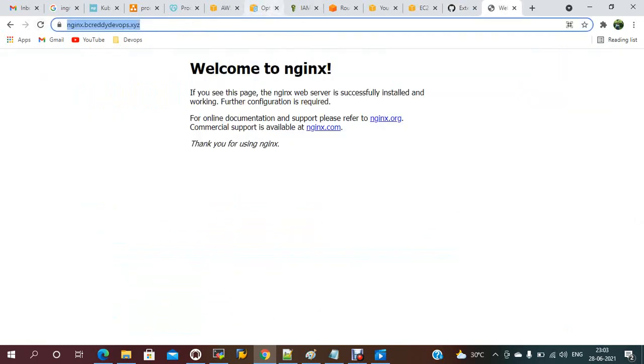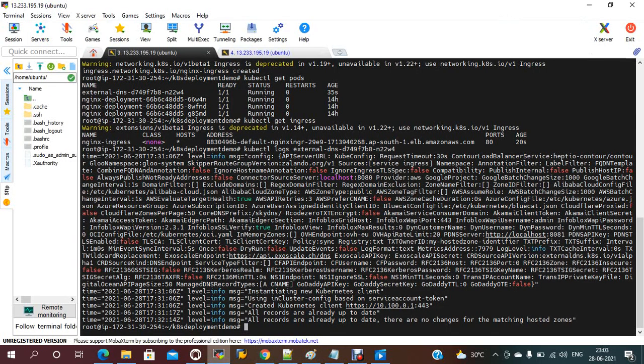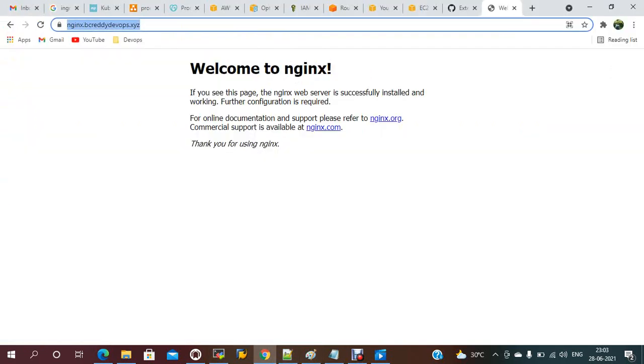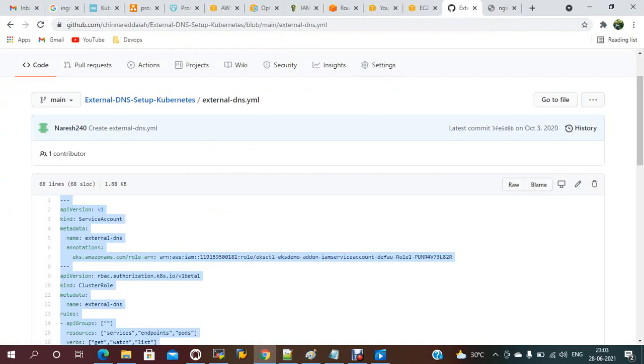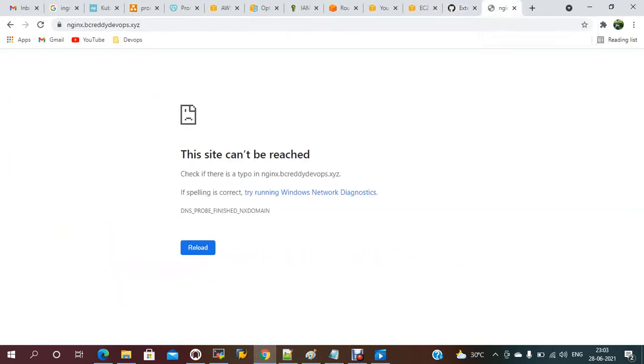Manually we created using the certificate manager, we added it, right? Now the same thing should be created. So this should be working fine, I guess. You can do it manually also, or you can do it with the service account and the external DNS name, and map it with your secrets and domain name to access your application.